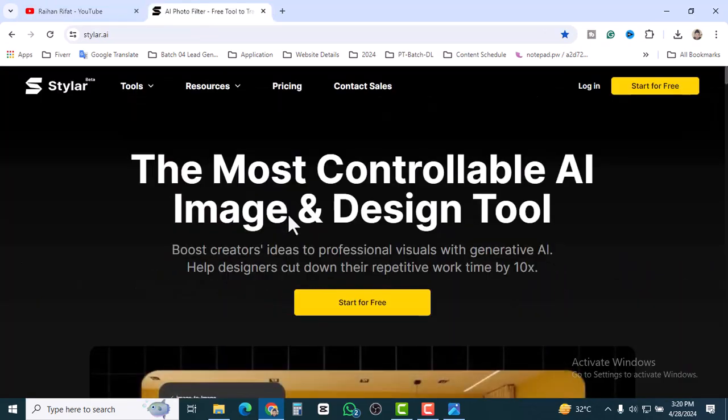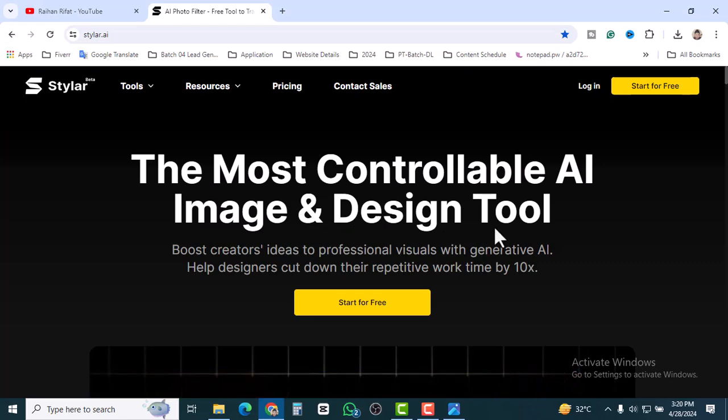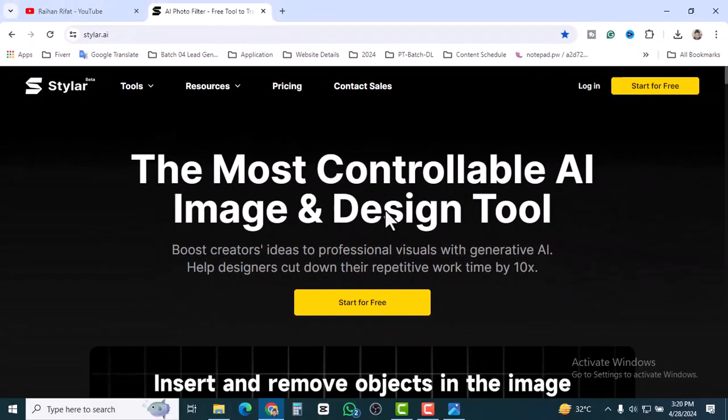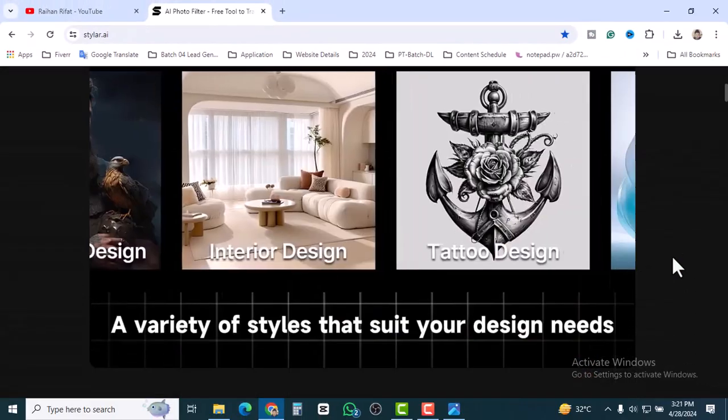Today's video is going to be very special if you want to make someone happy with stunning 3D model images. So let's start with styler.ai. This is the most controllable AI image and design tool, and you will see lots of